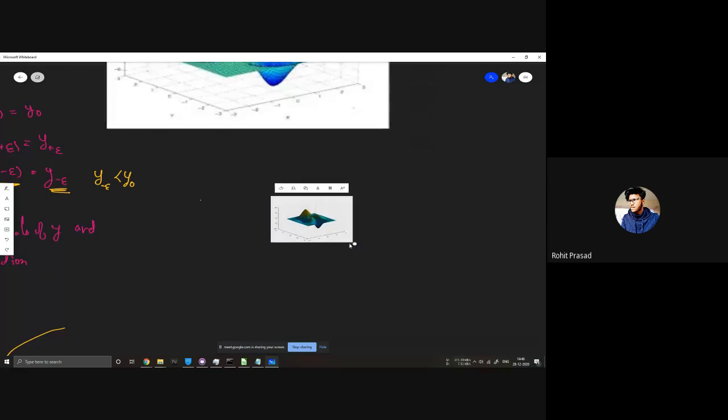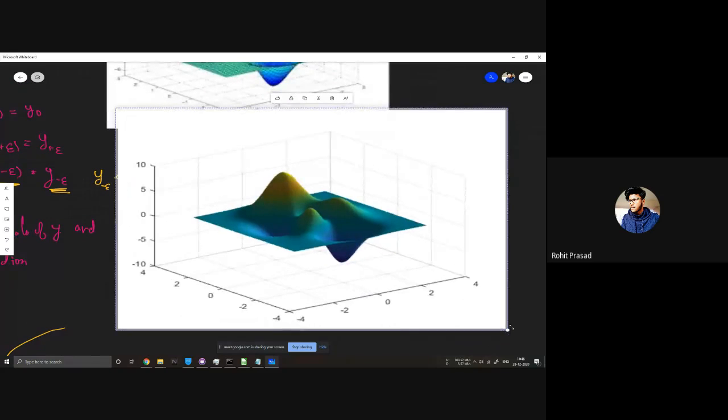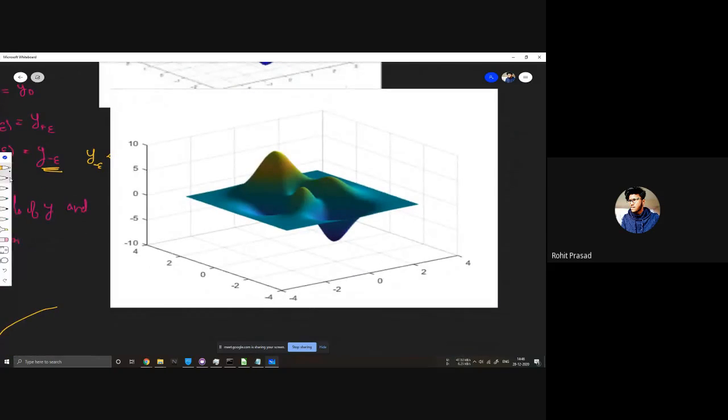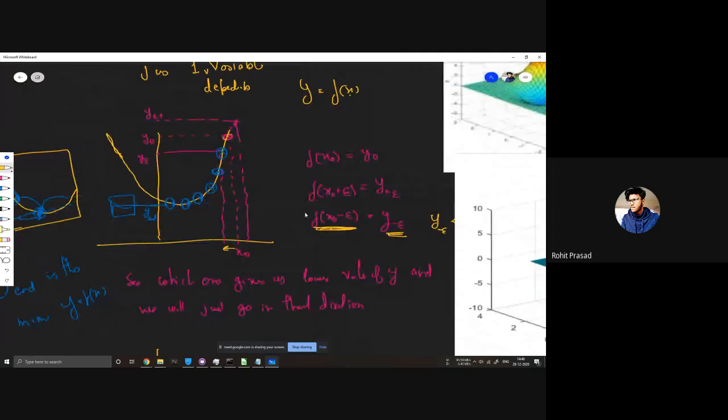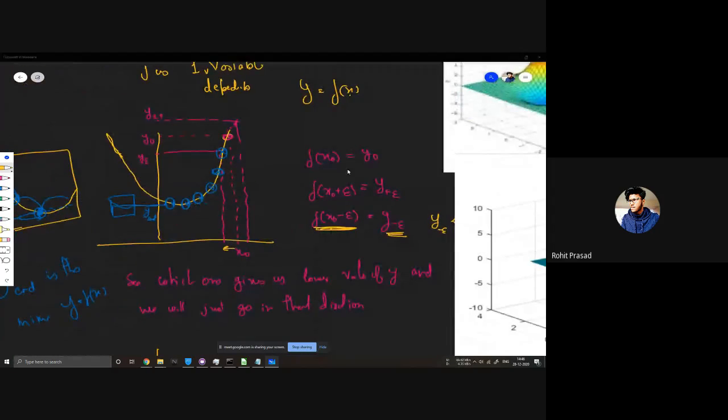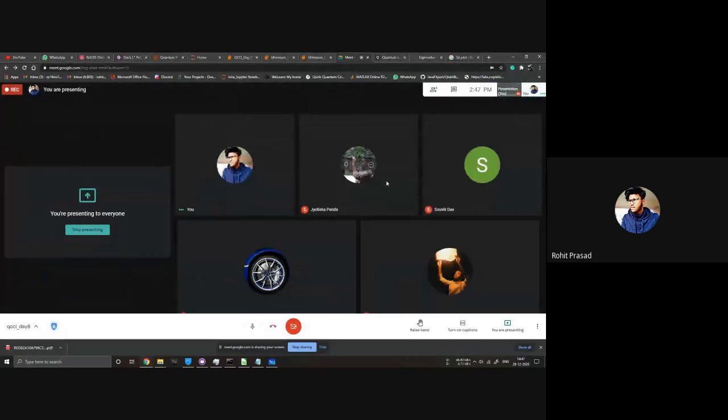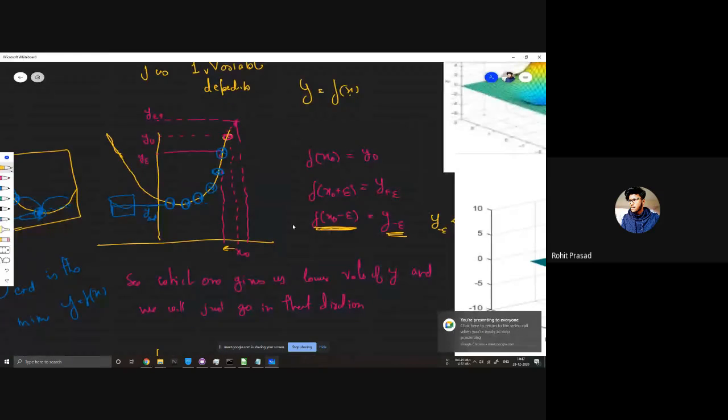Okay, so this is your graph. Let's say for 3D, you guys got the thing for the 2D, right? Just say yes, you guys got it, or I'll have to do it once again if you want. Do you guys have any problem understanding the 2D? Yeah, I got it.